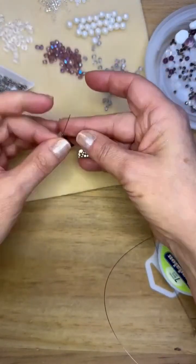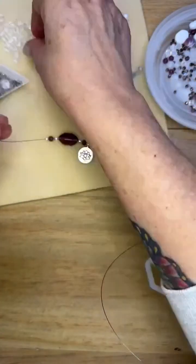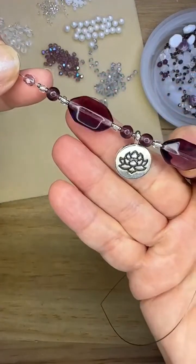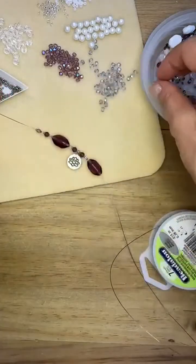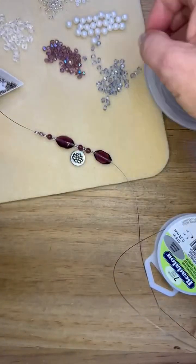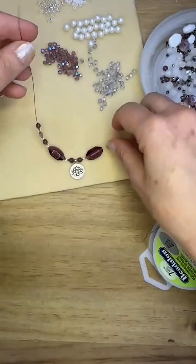I think what I want to do now is introduce these lighter purple beads that are on my mat. It was one of the strands. So these are those incredible fire polish with that finish, that AB finish on them. So I'm going to introduce those into the mix here. So just kind of bringing in now some interesting texture and some interesting finish, and still using my spacers as that trio of seed beads. And then I'm going to pull in another one of the rounds. So look at the variation in the color, the texture, the shape. So we've got a really fun